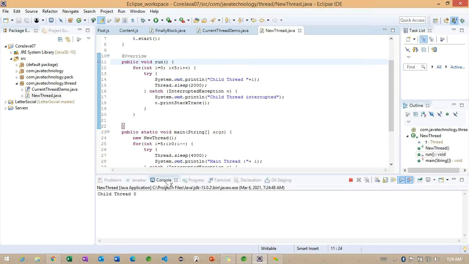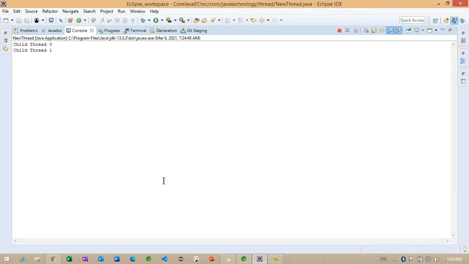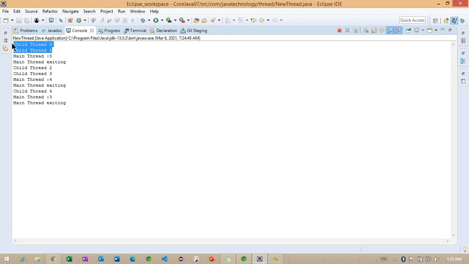We'll try to check how exactly it works. This is important, the console here. Observe here, whenever we are calling the constructor, what happened here? The particular child thread is started here. Now, once this child thread is started, what happened internally? The main thread is started.